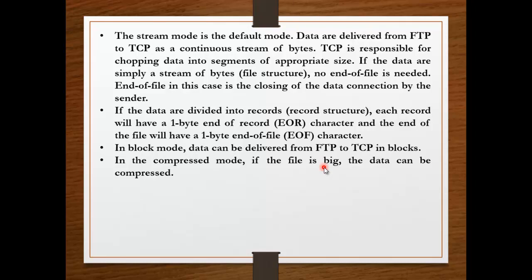And this compressed mode will be specified by the client. Okay, you can zip it and send it to me. For example, even in Google Drive, when you are selecting multiple files and you press the download button, this is an indication like so many files I want to download, so you can give me in a compressed mode. So all the files will be put in a zip folder and you will be getting it. So if the file size is very big, the data will be compressed, and the mode used is called compressed mode. So these are the different types of modes of FTP.